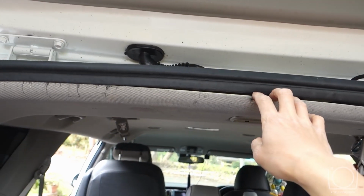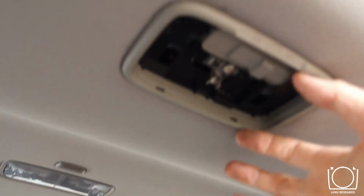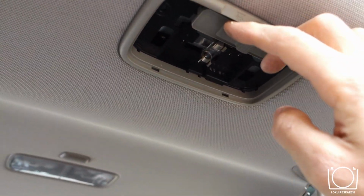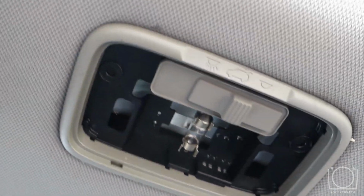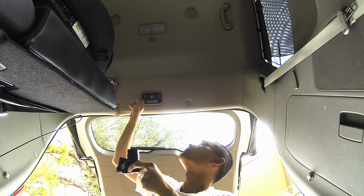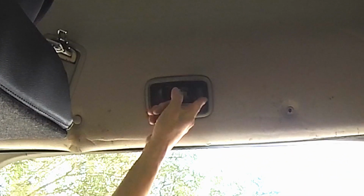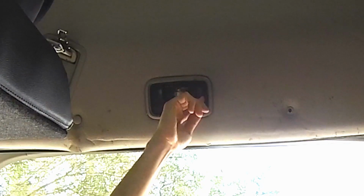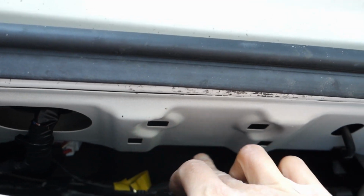So to open this panel, first we need to open this cover, the light cover. Inside there are two screws. One screw is from this one, and then unscrew them. The screws actually attached to the top in here, these two,